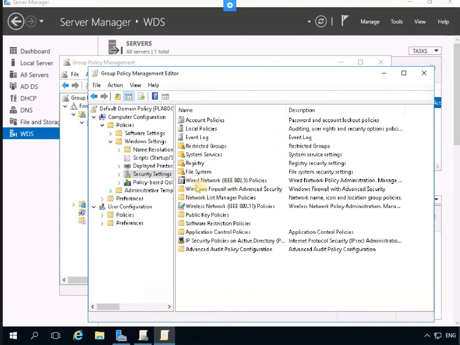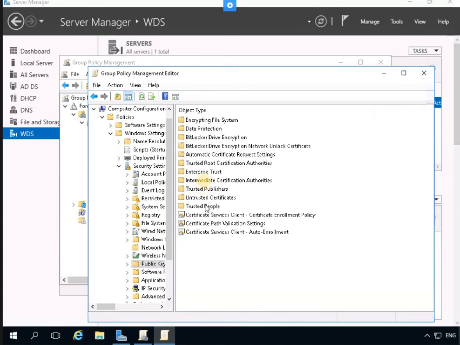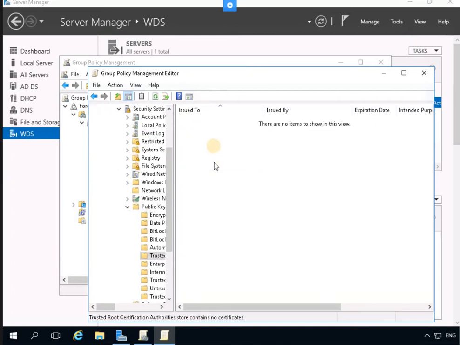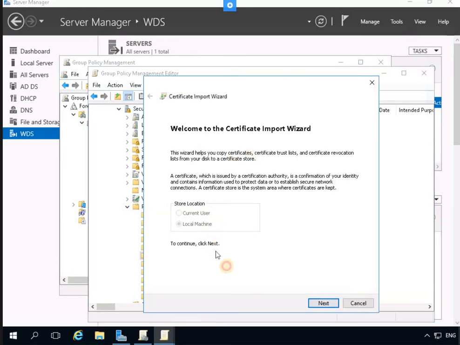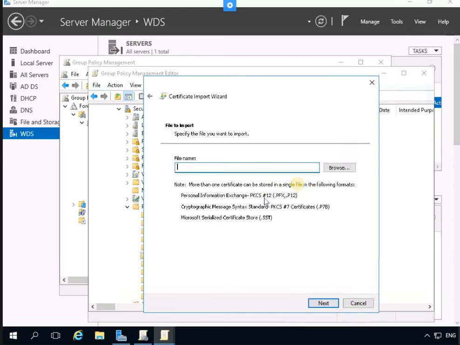So in the security settings, and then public key policies, here the trusted root certification authorities. So here you just right click, select import. So here you can click next button. Here, just from here we can now click